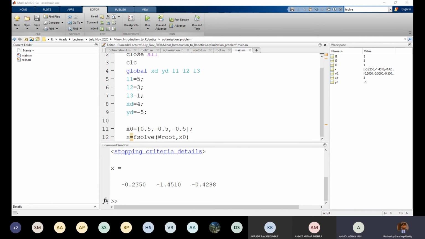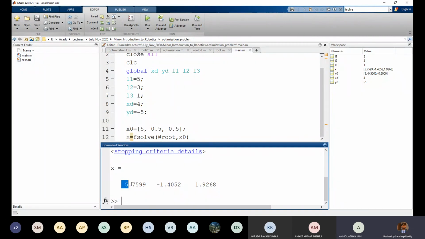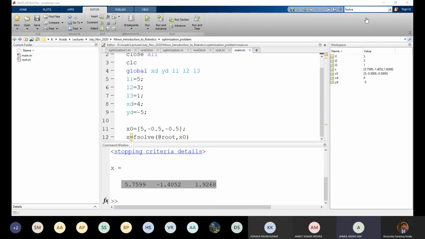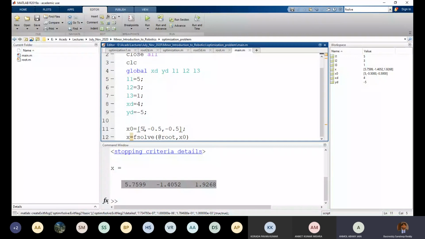Just in case you're curious what will happen if your guess changes, just put another value, some value very far away, just put 5 for example, and see what is happening. Right, it's giving some other answer. Can you see this? Could you all see this?